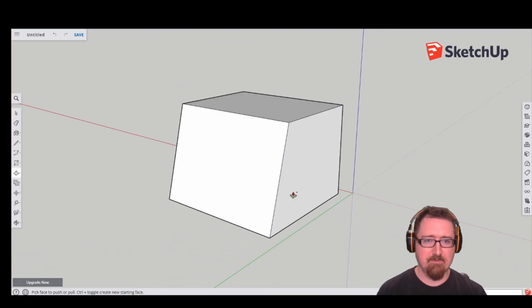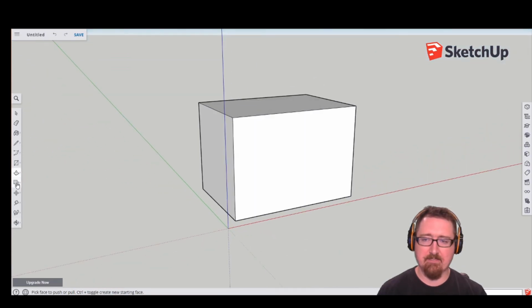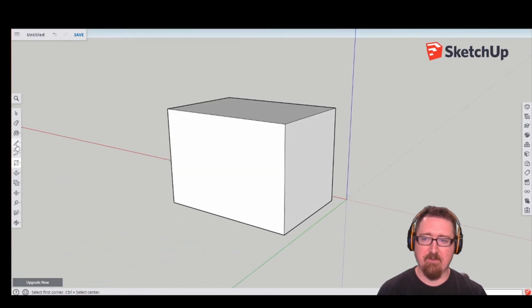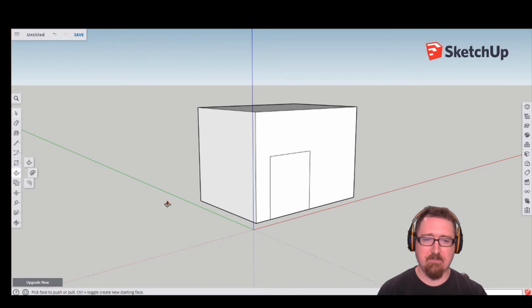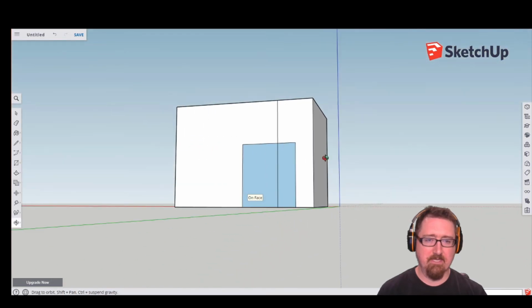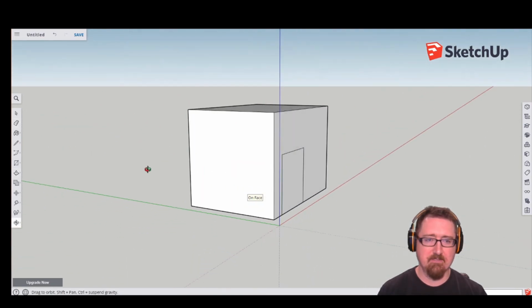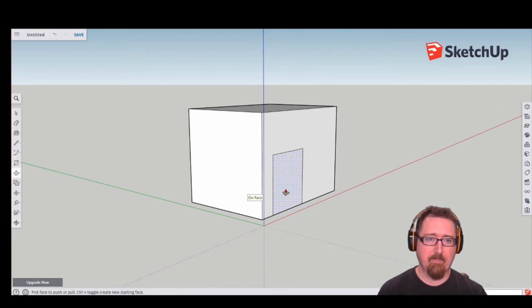Also, on a side note, if I have a line or a line segment that is in my way, and it might not be visible all the time, and I come in here to push that out, it won't cut that out. SketchUp is not programmed to be able to handle that. So what you would want to do first is erase this line,